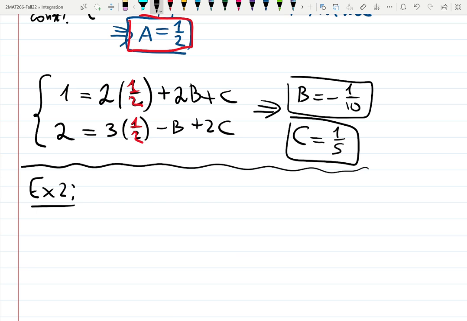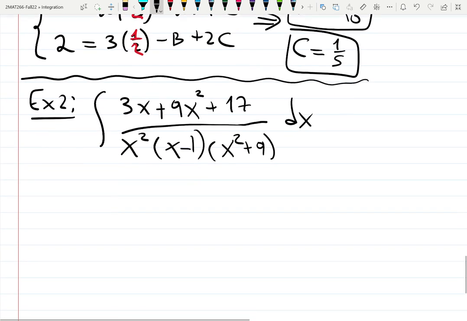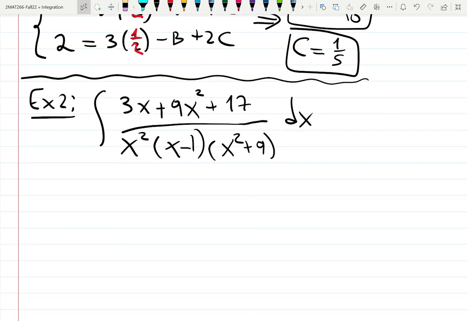And I'll just show you the beginning of the next example, which is this. We have (3x plus 9x squared plus 17) over x squared times (x minus 1) times (x squared plus 9). Let's do that. And then I will just start it and then show you, and then we have the quiz. So, the table says, now it's in the factored form,